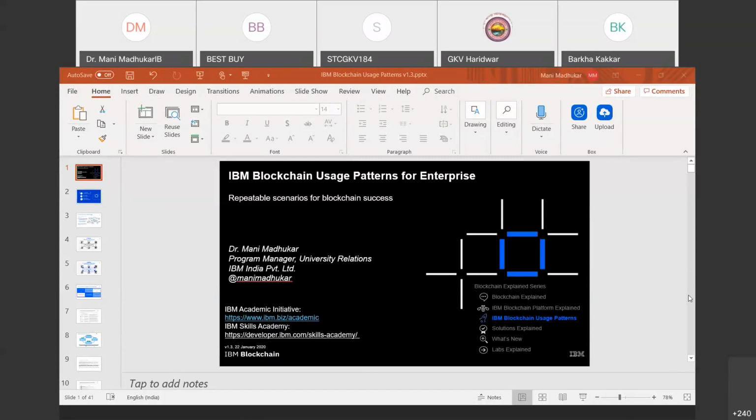Look for the academic initiative. To access that, you need an institutional email ID. There is no other way to do it. In case you do not have one, please request your college. You can tell them what is the